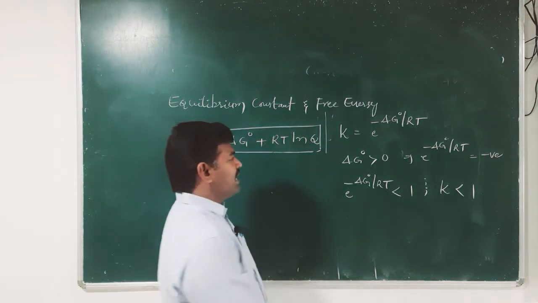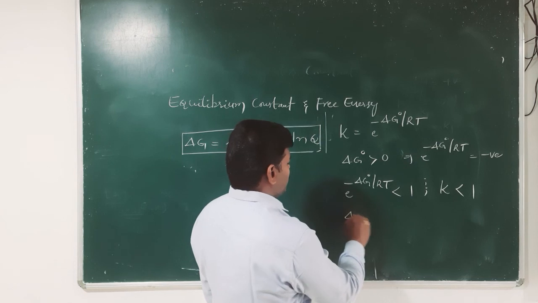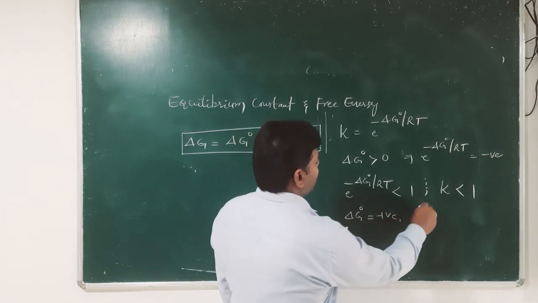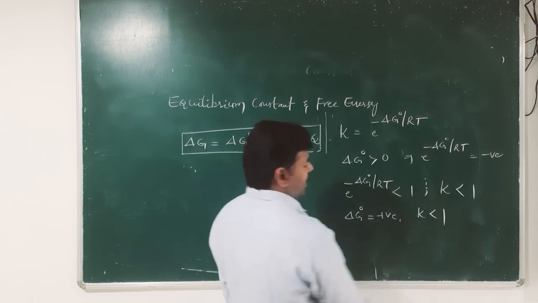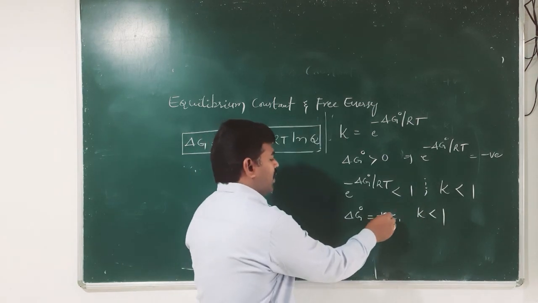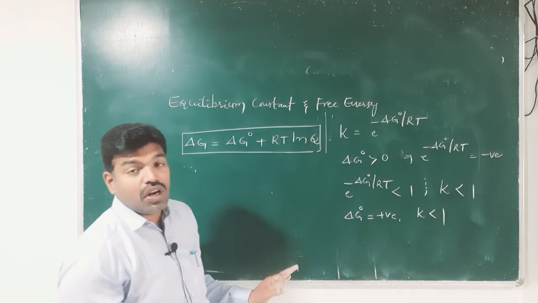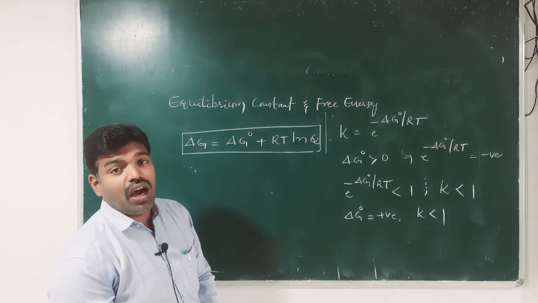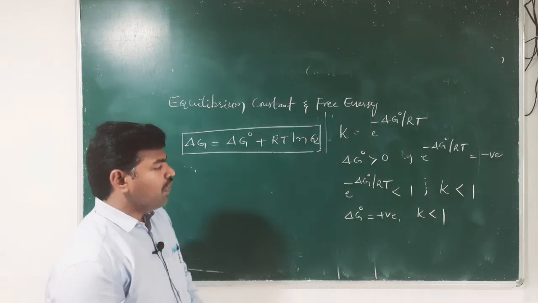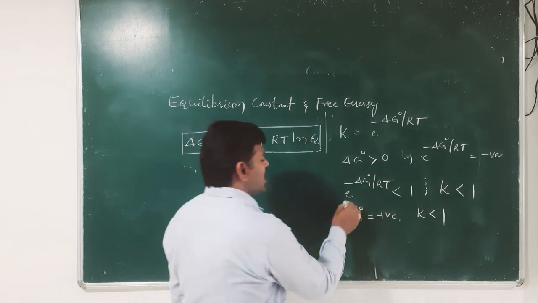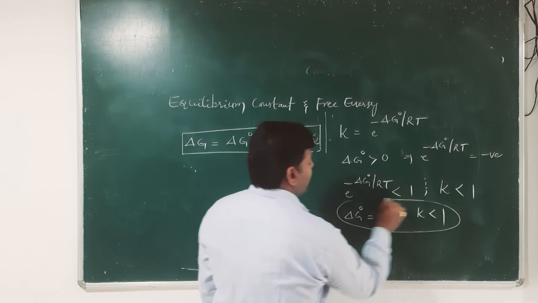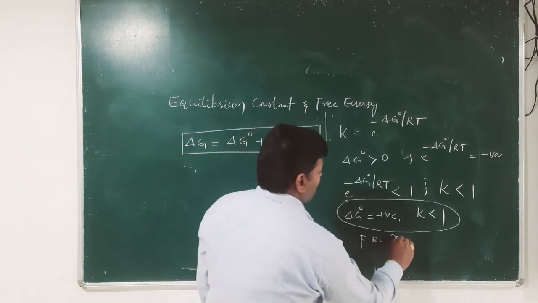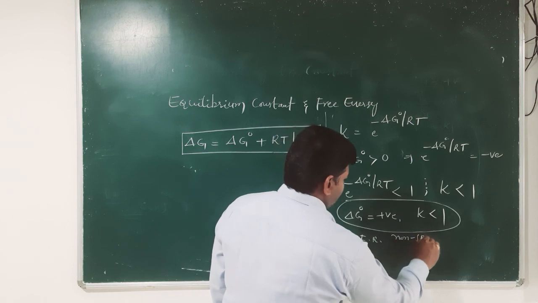So, when delta G naught is positive and K less than 1, that means that the forward reaction is non-spontaneous. Okay. So, delta G naught is positive and K less than 1, the forward reaction is non-spontaneous,